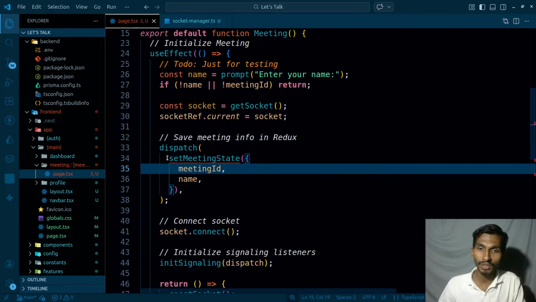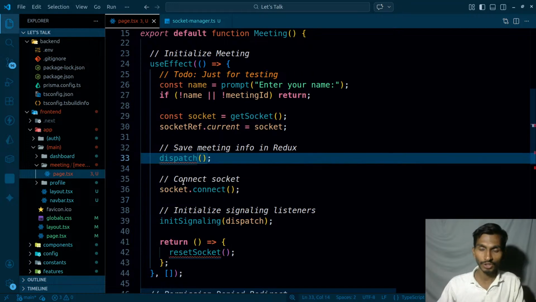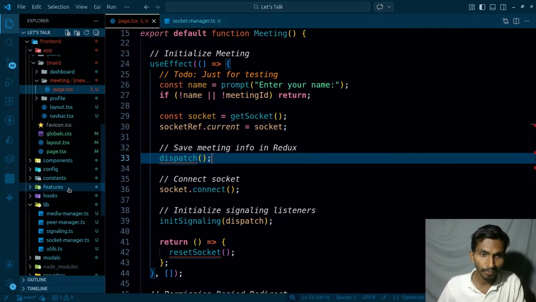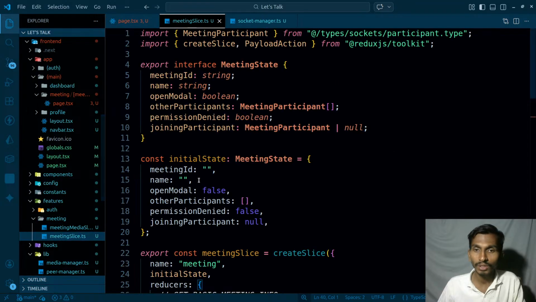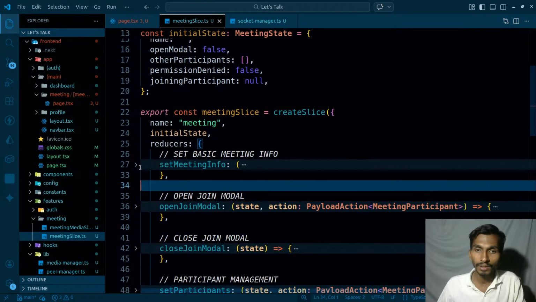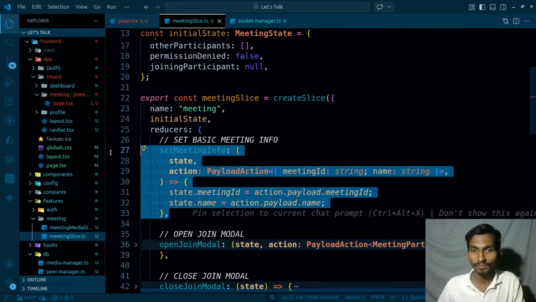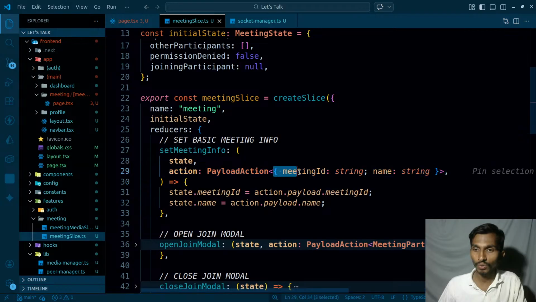How will I be saving it? For this particular thing, it's not going to be saved like this. I will be using dispatch, but apart from this dispatch, if I actually go to my state, I have changed them, and this could be save meeting info. The name is going to be different at this time. So if I actually go to features, meeting, and meeting slice, over here the action name is set meeting info. This is the action that, when it comes to this, is going to get two things,